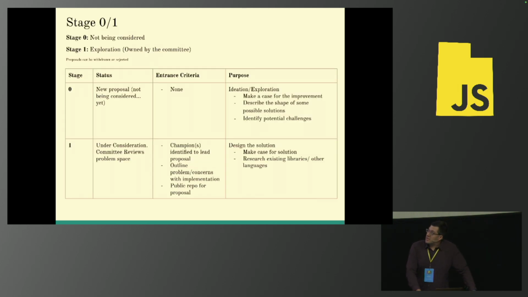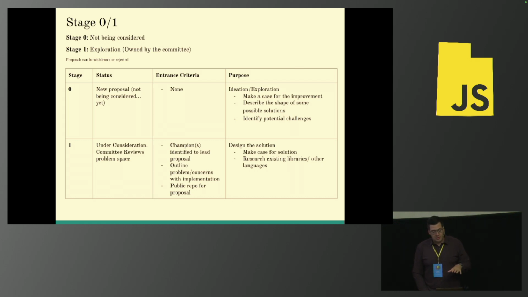So let's talk about the stages. There's technically 5 or 6, but you'll see them as I go through them, if you will. So stage 0 is one that you can make right now. It's a new proposal. They're not considering it yet. Anyone can make one. And the whole goal of stage 0 is just, what's an idea, an improvement that could improve the language, kind of describe it, and then add some possible challenges if you can think of them.